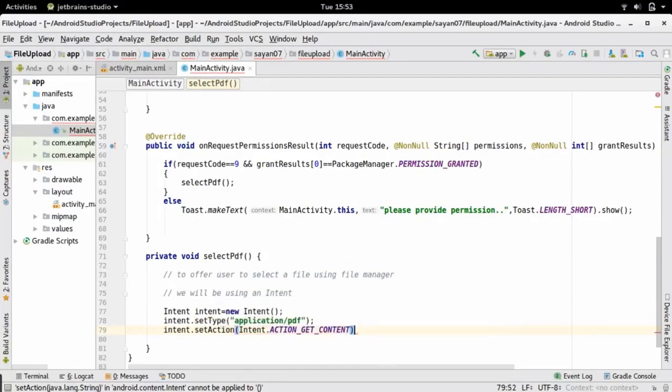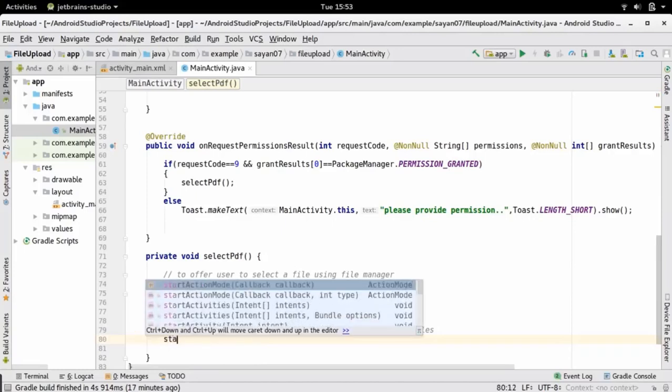This is the constant. This denotes that the intent is made to fetch files, so our intent is generally targeted to fetch files. These are the two necessary properties that you are going to set in your application.